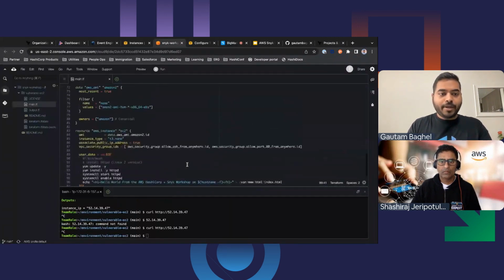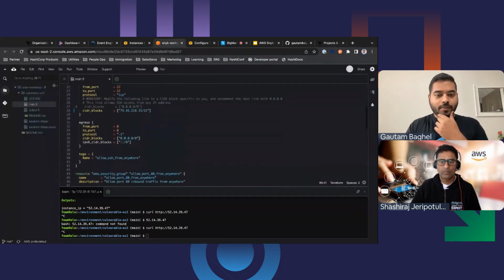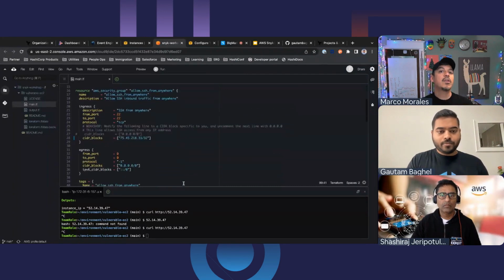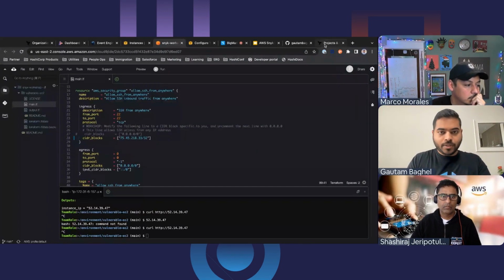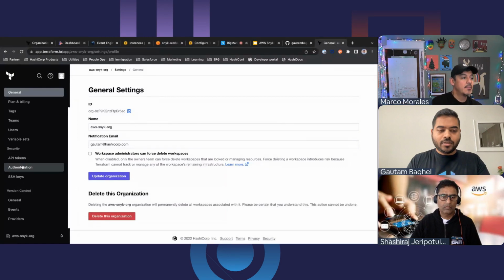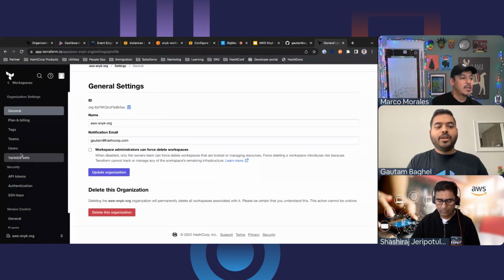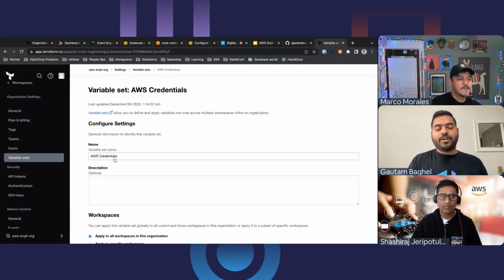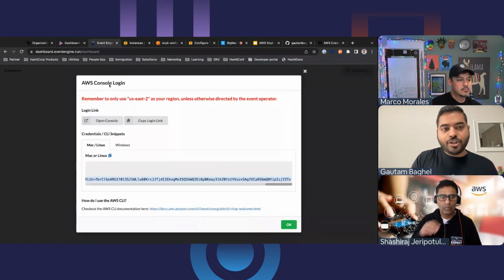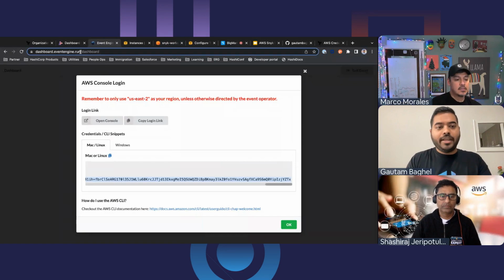I'm going to pause here a bit. Marco, is there anything? Yeah. One clarification question, Gautam, just a reminder of where you got the token from. The token for AWS? It's a good question. Participant 478 asks, where did you get that token from? And I think the only token I've used is the AWS credentials. Yeah, I think that's what they're asking. So I got it through the event engine, and you can see the link again.